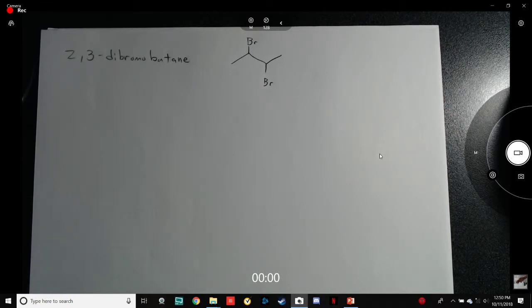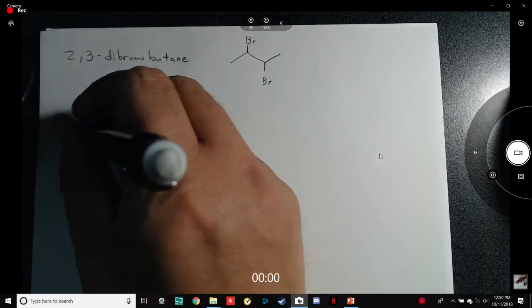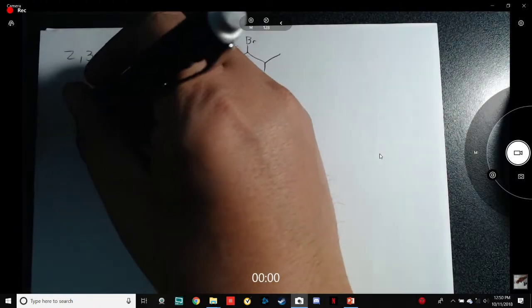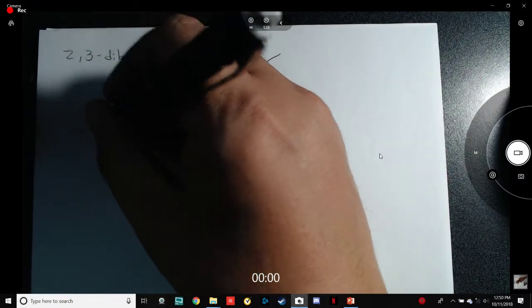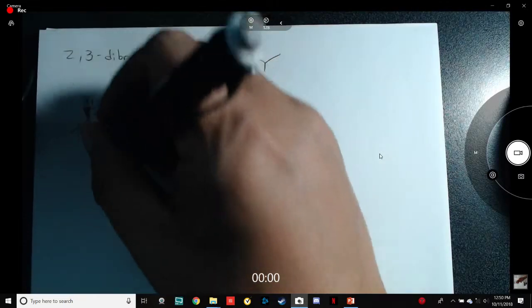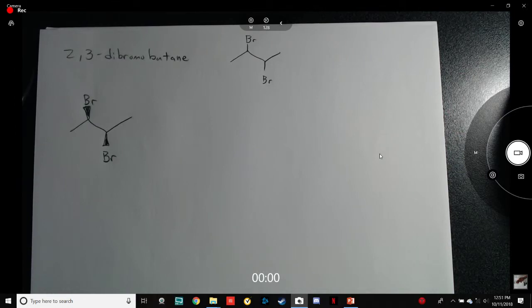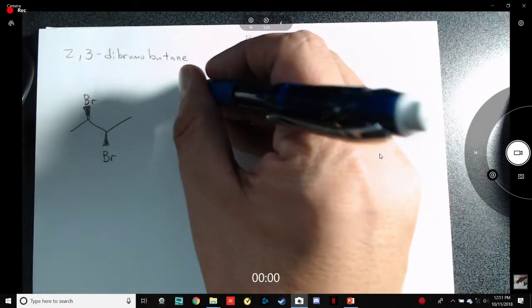Doing a problem like this, you just start anywhere. So I'm just going to start with the way this one looks, and put wedges on it to give it some dimension. Now we can have some handedness to it. Okay, we have that. And then if I want to do the mirror image of this,